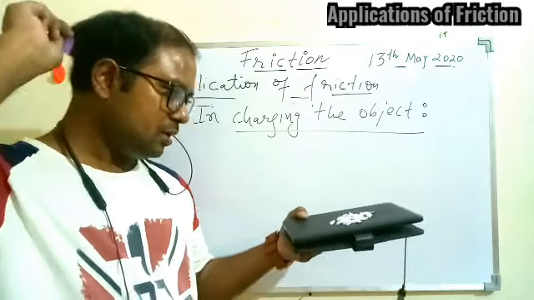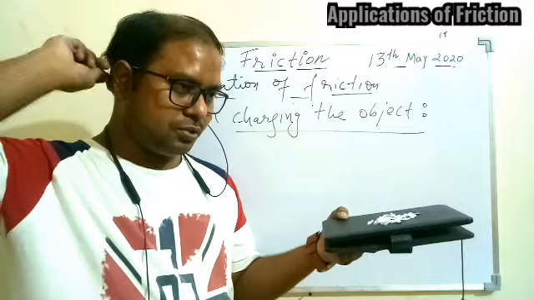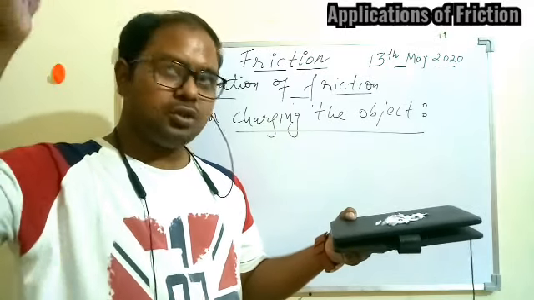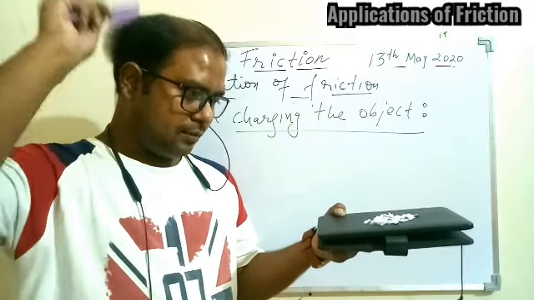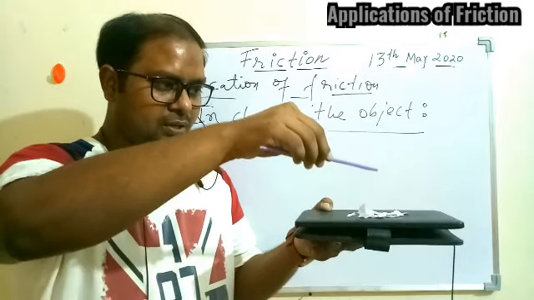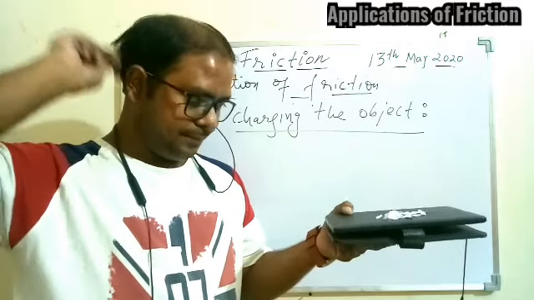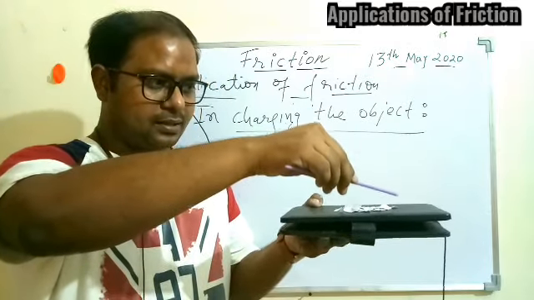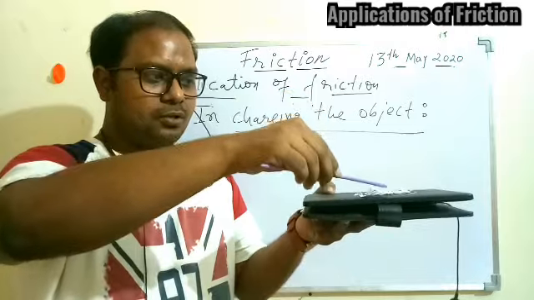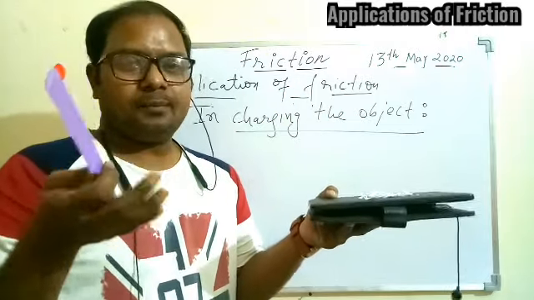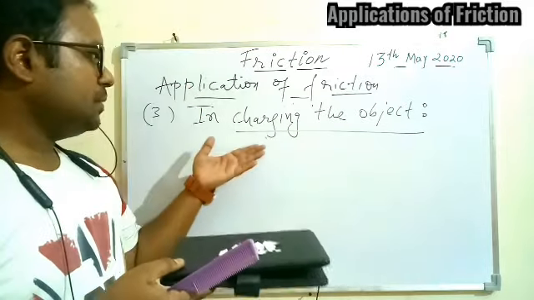And you know, once you start rubbing it on your dry hair, what we are doing, we are basically giving friction, and because of the friction between the comb and the hair, this comb can also get charged. So let's see what will happen. So you can see the pieces of paper are getting attracted. You can rub it more to charge it properly. I can see the attraction, how the paper is basically lifted up with the help of this comb. So even this comb or any plastic material, the scale, can be charged with the help of friction, and that is just one of the applications of friction.